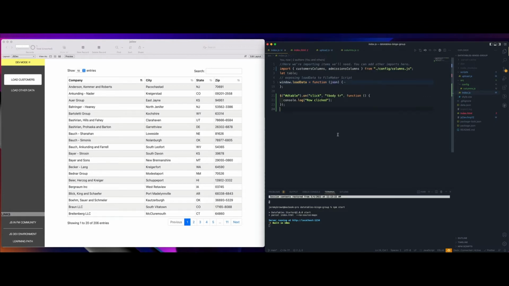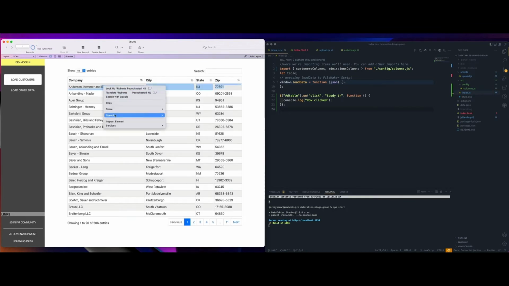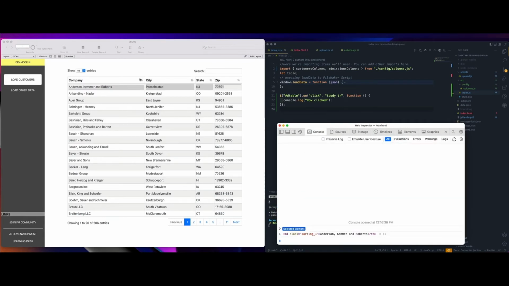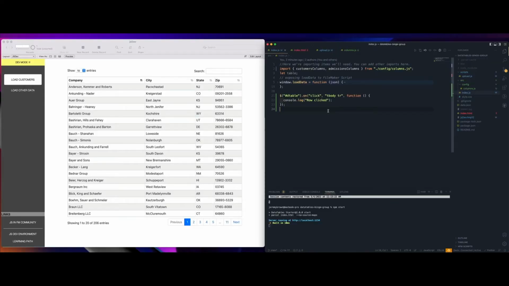All right, let's take a look and see that working. So let's reload the web viewer with one of the data sets, and I'll open up the console. And when I click on any row over here in the console, I get a row click event. Very cool. So we could do anything with this, of course, but it seems most practical to get the data out of that row and pass it back to FileMaker. Let's do that. Luckily, Data Tables provides us a way to do that.